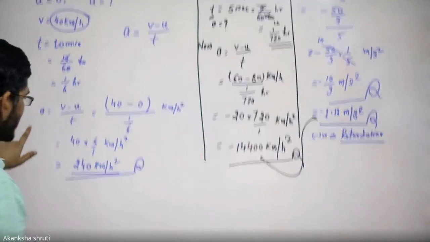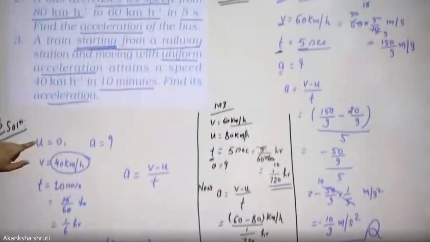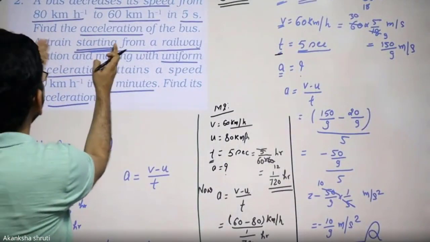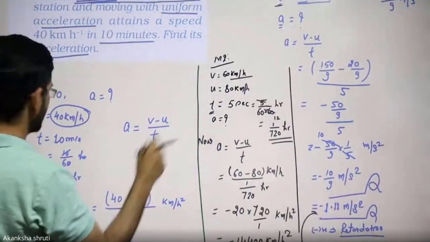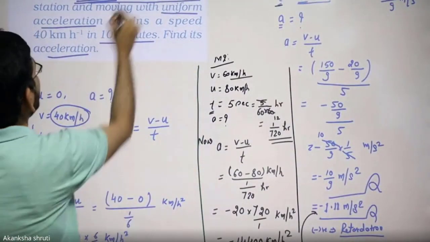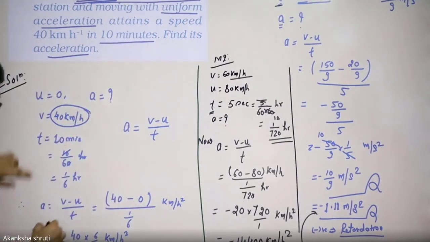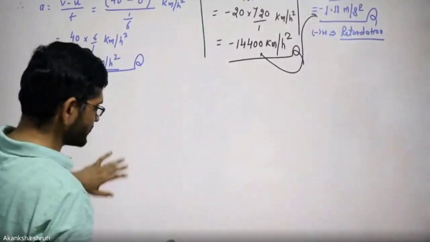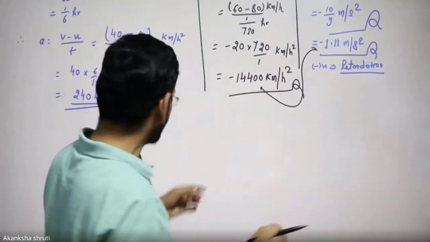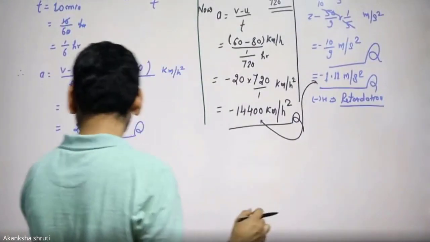So what we are observing, students, every time we come across phrases like starting, ending, take u, v or other things that I had explained, then the system of units is the other thing to check. Then only apply the formula. Let us solve one more question, then we will stop. Hardly one more question. Okay students, just keep patience.